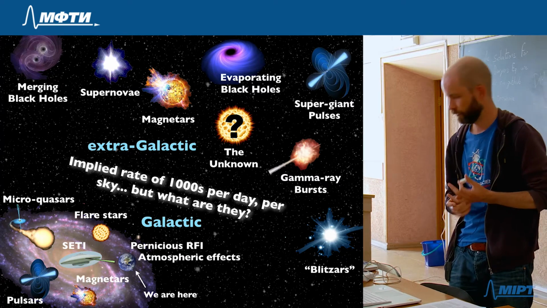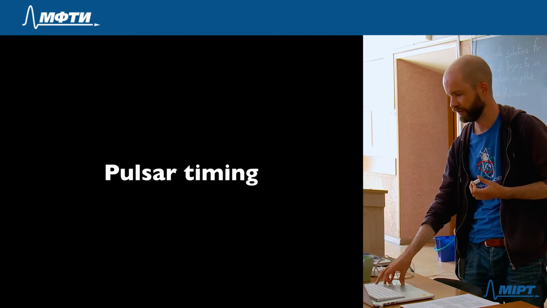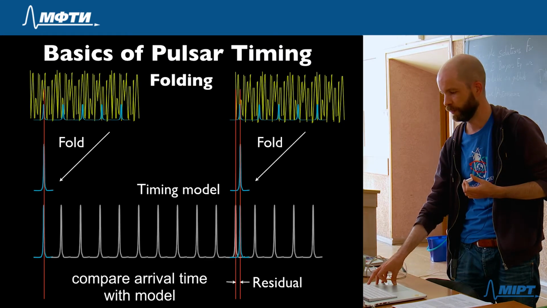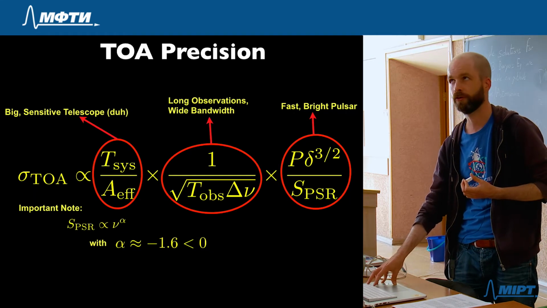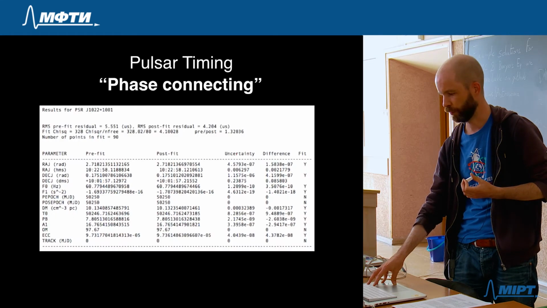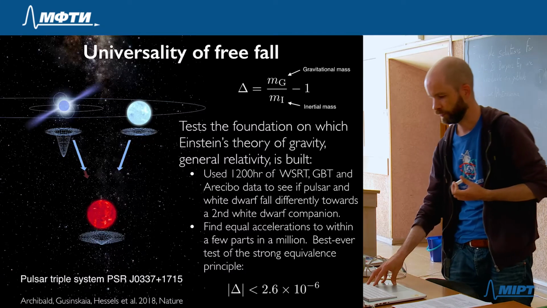I'm assuming these slides will go online, so there's actually a whole section on pulsar timing as well that we definitely don't have any time for right now, with a simple introduction to pulsar timing. Again, it's a little bit tangential to the topic of fast radio bursts, but it's really an absolutely beautiful technique for measuring neutron star properties. And to give you one example, if you don't believe me, we've recently